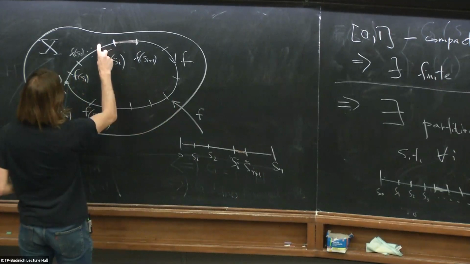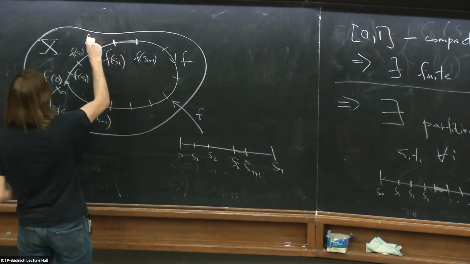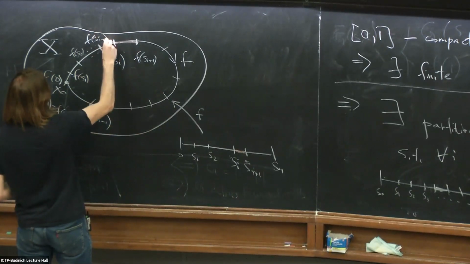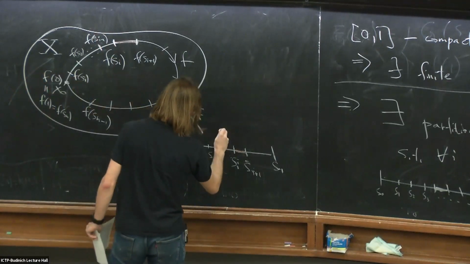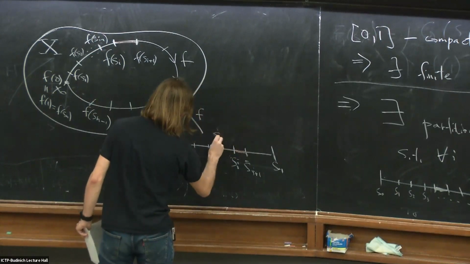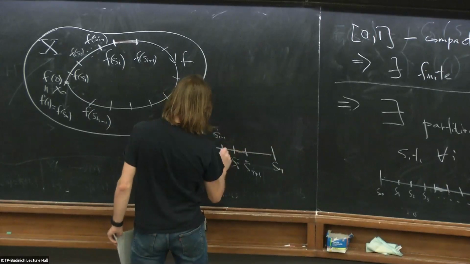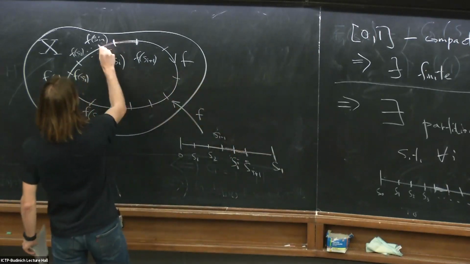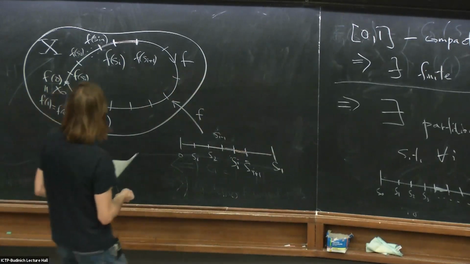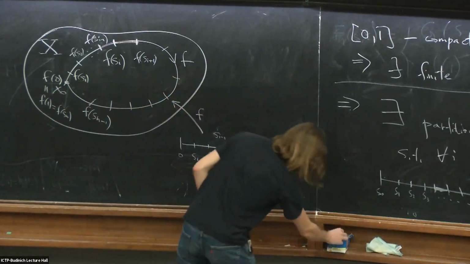Let me also explicitly draw the previous point, which precedes this, f of Si minus 1. Sorry, this is just Si minus 1, the preceding interval here. Okay, and we know that by construction,